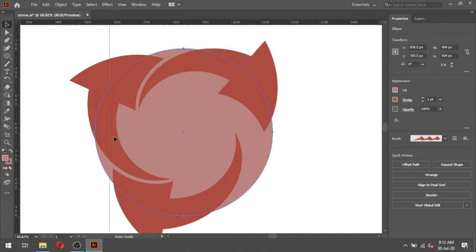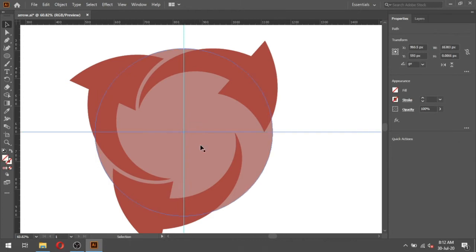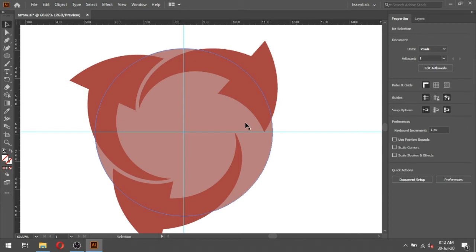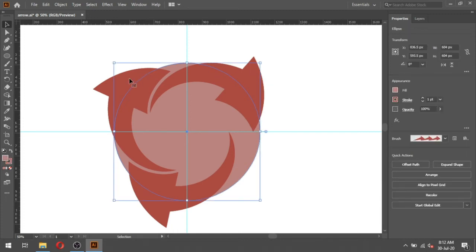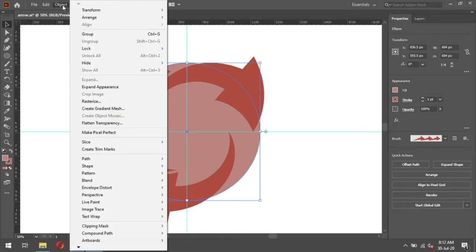Select the circle. Create two guidelines across the circle. Now we have the center point of the circle. Select the arrow. Go to Object.